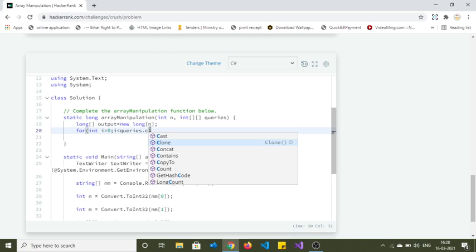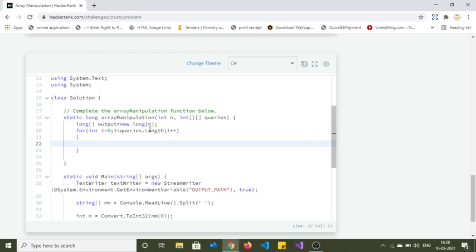We have this count method which will count the number of elements available, or we can use the length property. Basically, for the array we are using the length property. Count is a method which is used with collections. And finally i plus plus.